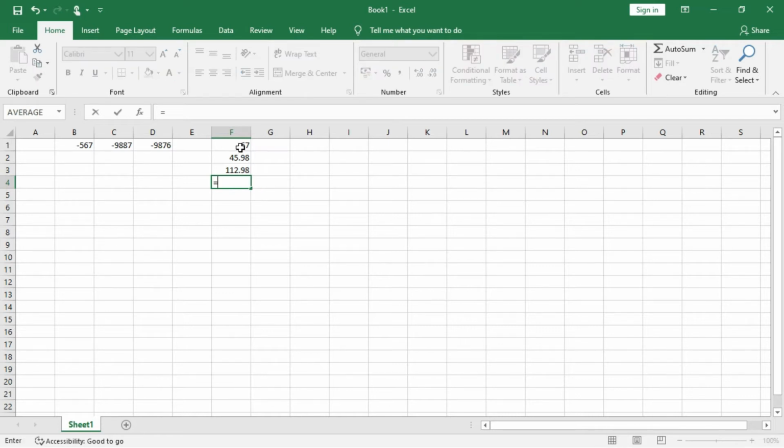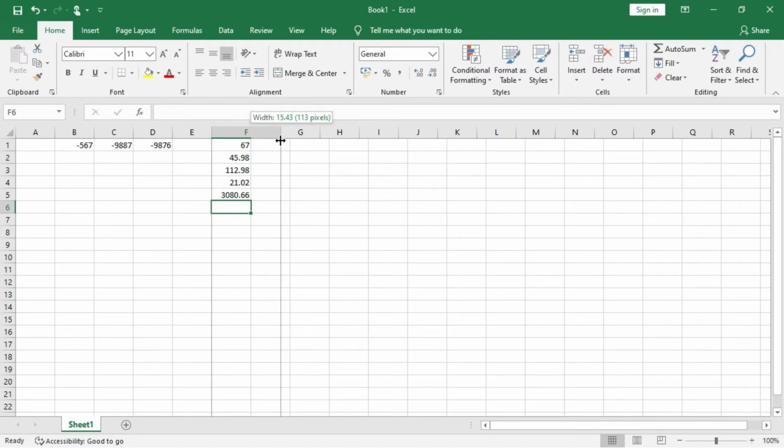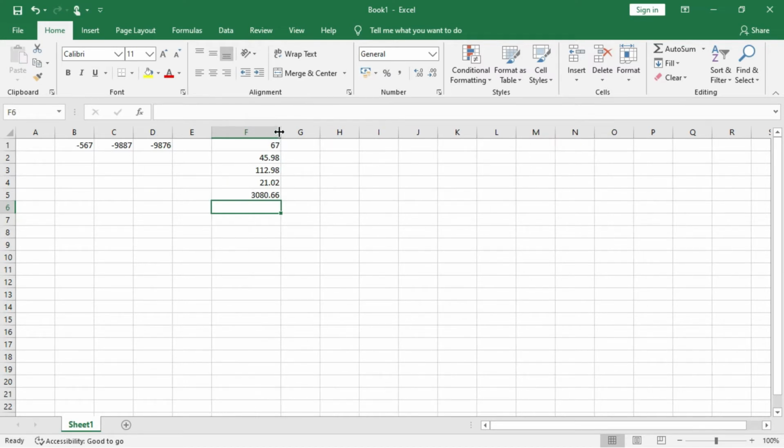Similarly, if you want to subtract them, use minus, and it will be subtracted. Fine. Now if you want the multiplication, the product I mean, give the star symbol and then come over here. Since it is generating a number, it is right aligned in the cell. If you increase the column size using the grid line in the column header, you can see it is right aligned, unless you change its alignment to one of these three. This is center, this is left, and right is the default alignment for a number. So any time you enter a number, it will be right aligned in the cell.